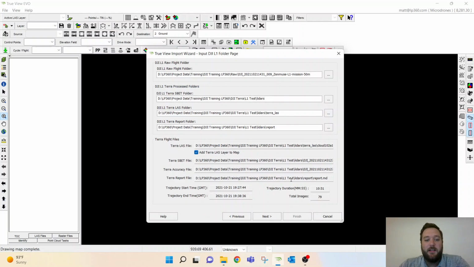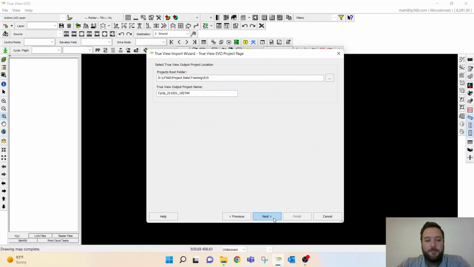We're going to select to add a Terra LAS layer to the map. This is where we can have its own specific layer for this, so we can actually compare it to what we do to the data down the line. We're going to name this LinkedIn Demo